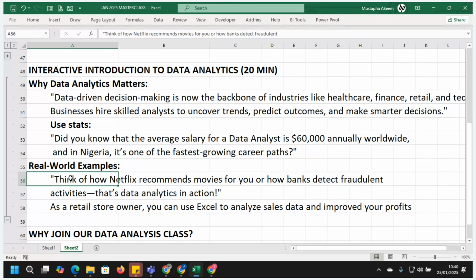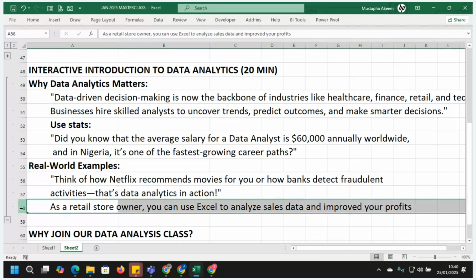Today I have sent a data set. Let's leave Netflix, Facebook and Google. As a small business owner, you can also use data analysis to improve your business. That is the reason why I've generated a data set of about 500 rows and sent it to our email and WhatsApp groups.